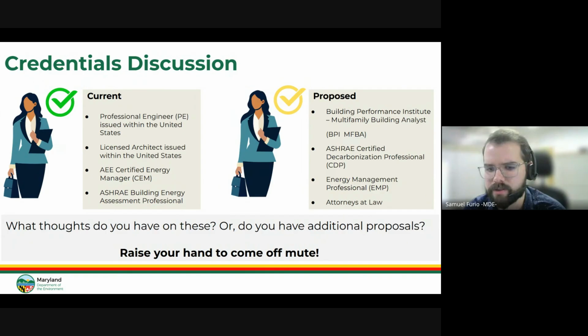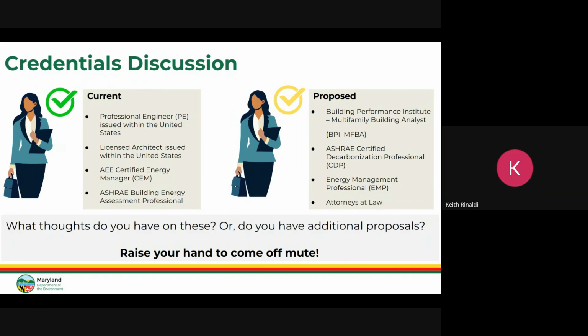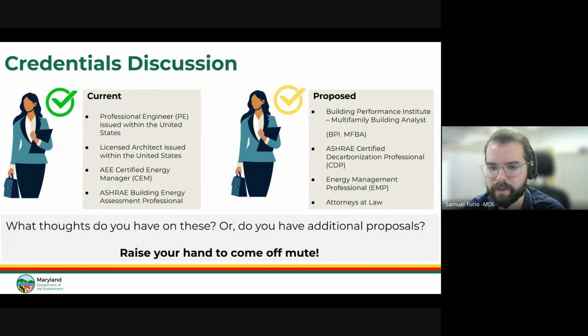We have the certified energy manager credential on that current list on the left side of the screen currently. I see. All right. Sorry, I wasn't on the last screen. I didn't see this. My apologies. No, that's okay. It's all good. But yes, that is a currently accepted credential. So, anything on the left side of the screen there, if you or someone has it, then they can verify for next year's benchmarking report. And then, through this proposal process, additional credentials could be added.